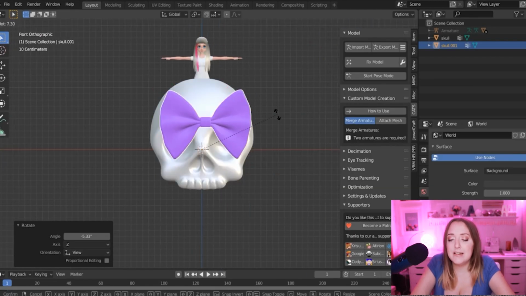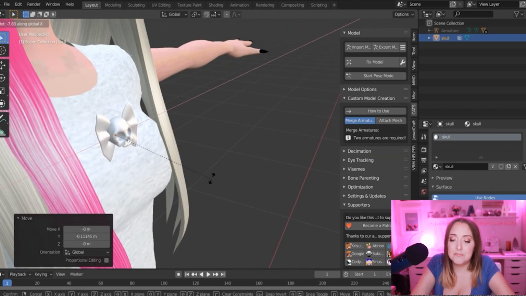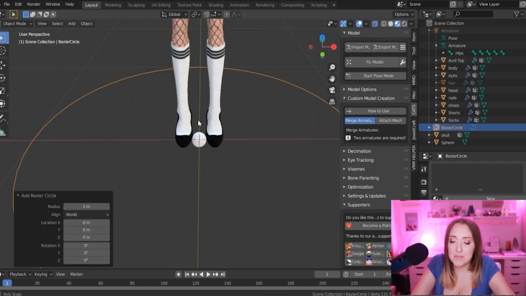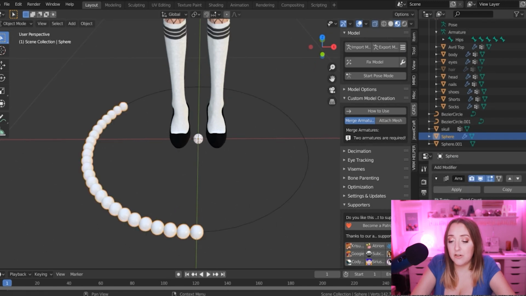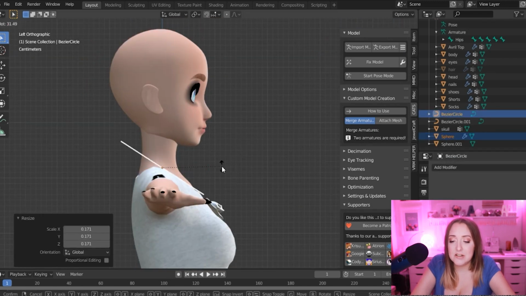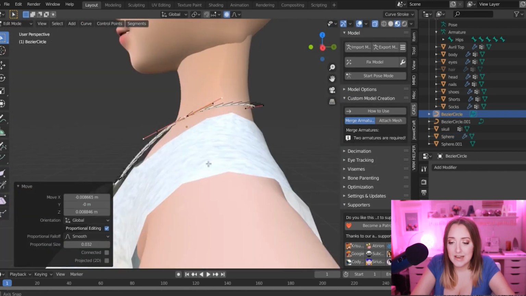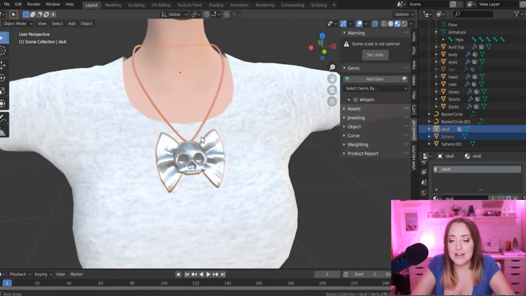So this necklace has a skull with a bow on it, and I did a simplified version, just a little skull that I reimagined. And then for the necklace, I made a curve, which is a circle, and then just a sphere with an array and a curve modifier to make the necklace. And then I adjusted the curve in a bunch of different ways so that it fit on her neck like a necklace. I made the balls a little bit bigger and then moved the skull to be right on top of it. So that creates the necklace, and once I join those together, I'm going to move on to her armband. And also her bracelet, actually.